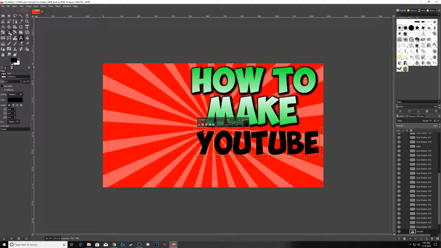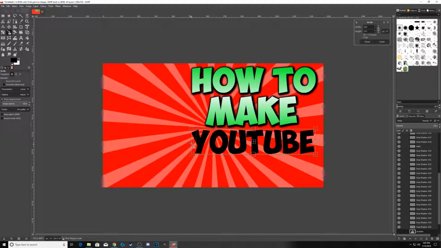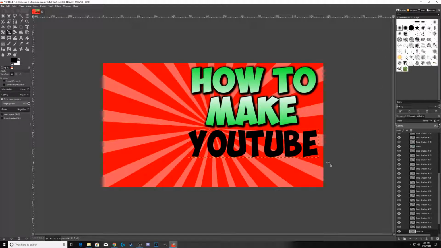We'll grab the scale tool again. Set this how we want it here. So we'll hit scale, and always check and make sure that's how you like it before you start adding color